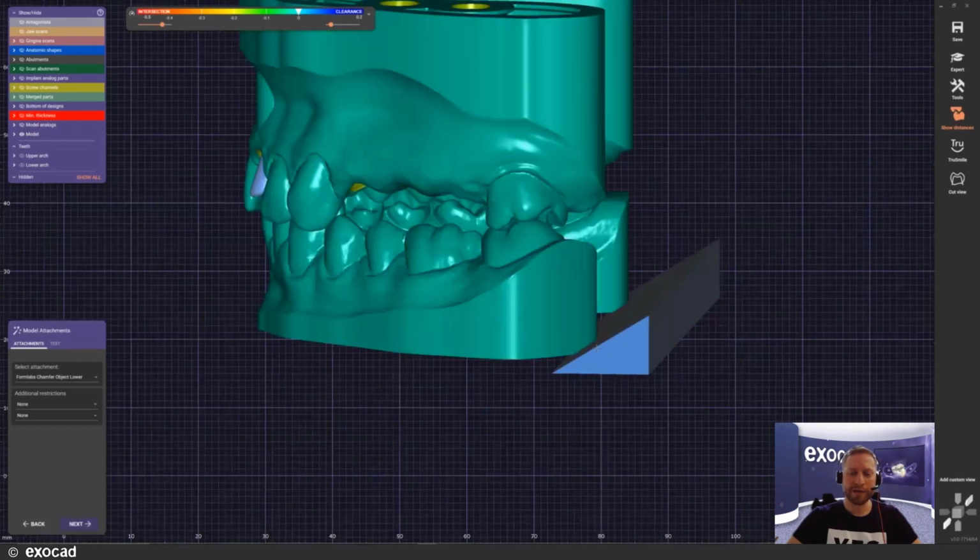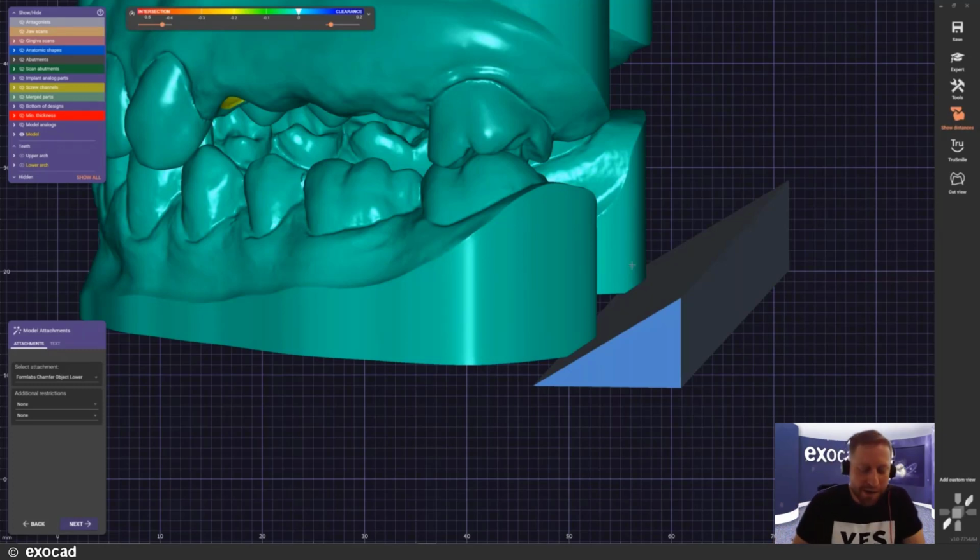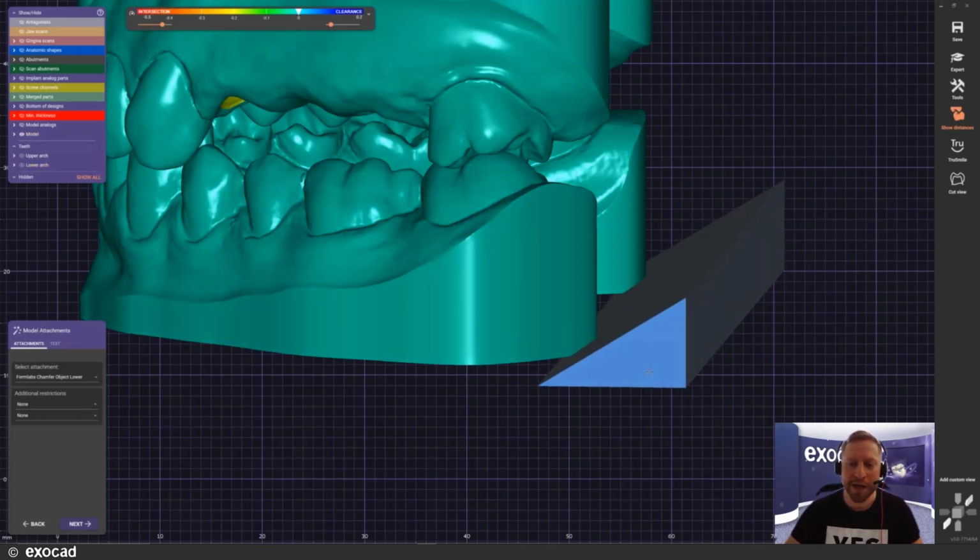You can literally see how I'm cutting away the lower edge of that jaw. And that gives me the option later on, if I'm in production, the printing is done and I want to detach the model from the plate, and you know what kind of hassle that can be if you're using your spatula and trying to get under the model. It can be very, very difficult. So we use that chamfer to actually cut out a little bit of an edge here to make this detaching process from the plate a lot easier and more convenient for you.